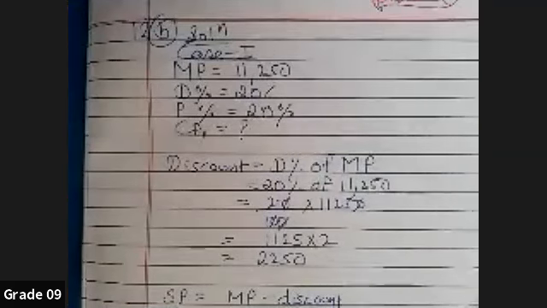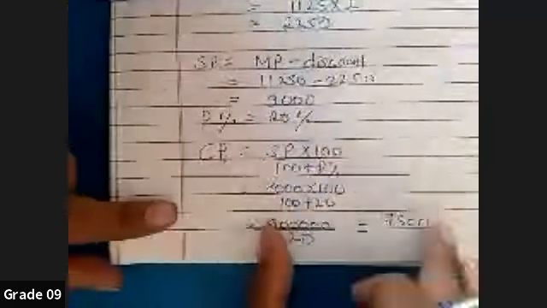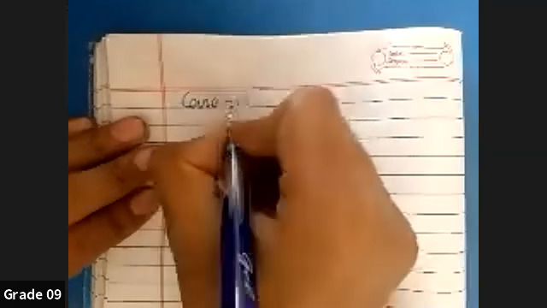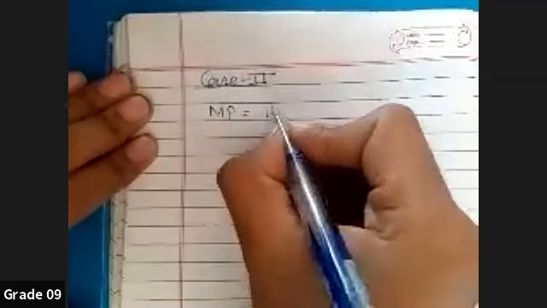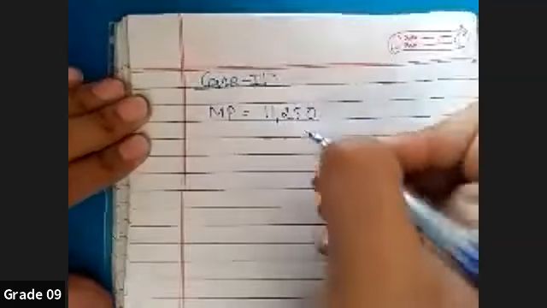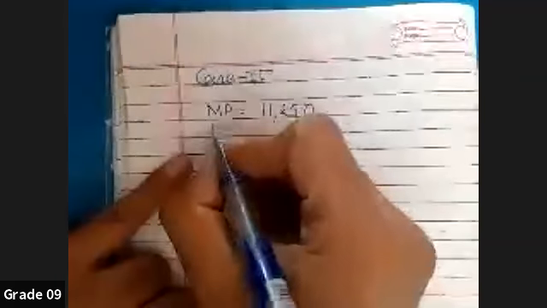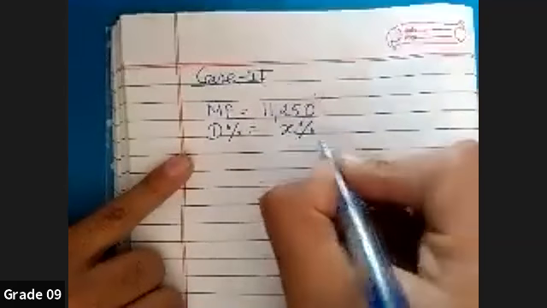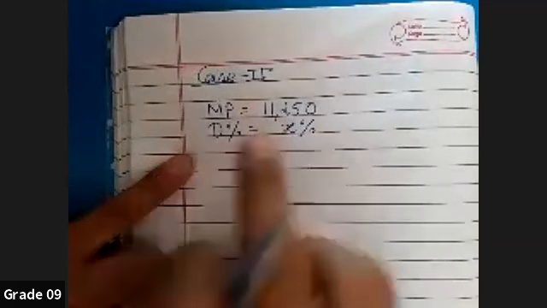So let's go to the second case now. Cost price from the first case has been found. Now we have to go to the second case. So in the second case, what is going to happen and what is going to remain the same? That thing you need to be very much clear. Your market price is going to be the same, because he has not decided to change it, and discount percent you want to make some changes. That's why that is going to be the new discount, and it is going to be X%, because we don't know right now. And if discount percent changes, definitely selling price will come different.